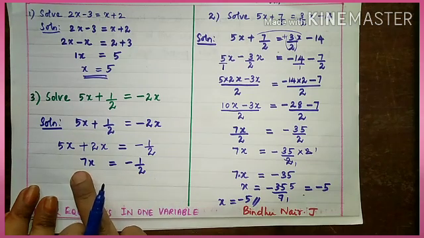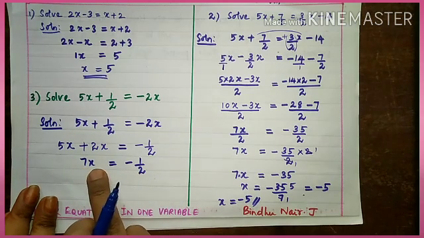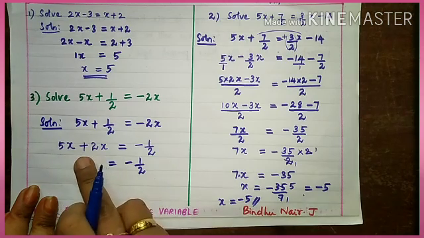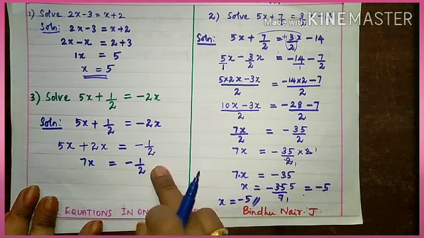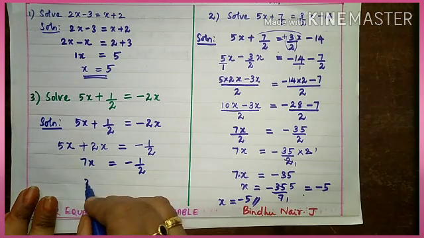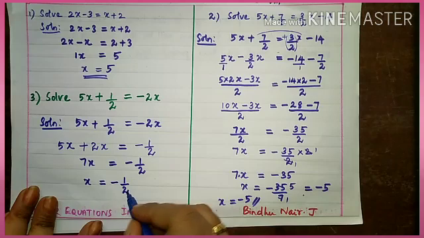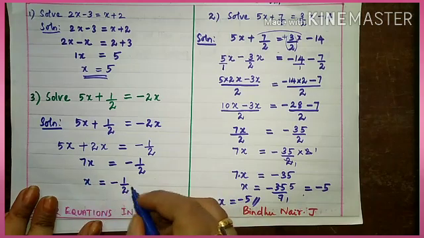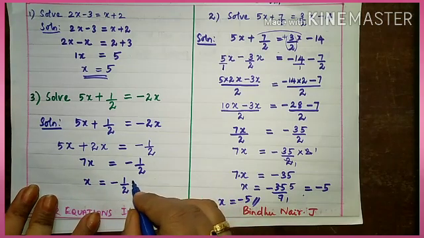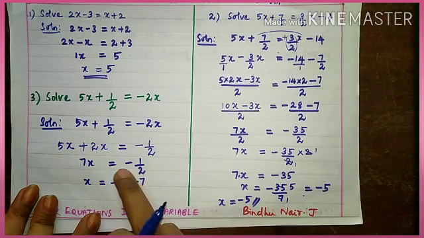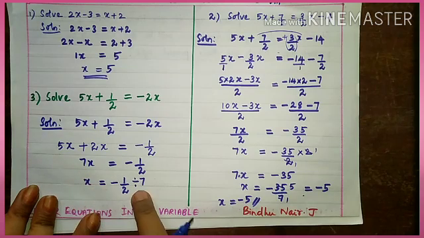And you see here 7 into x. What is the division when you become? It divides 7. So we are getting next x equal to minus 1 by 2. This becomes division, no? So divided by 7. Okay, because here already 1 by 2 is there. I wrote this 7 as division by 7.